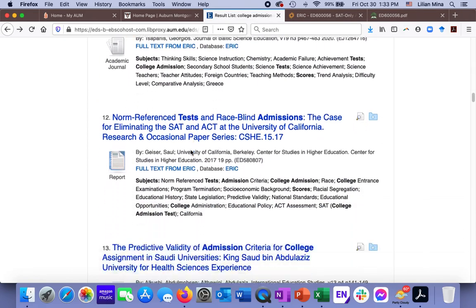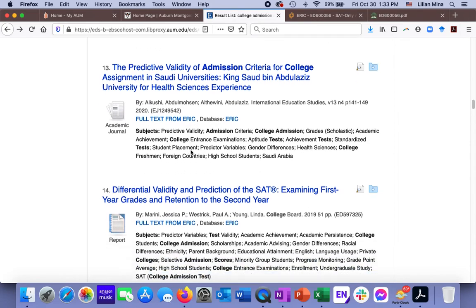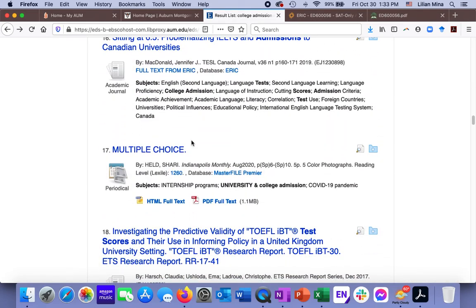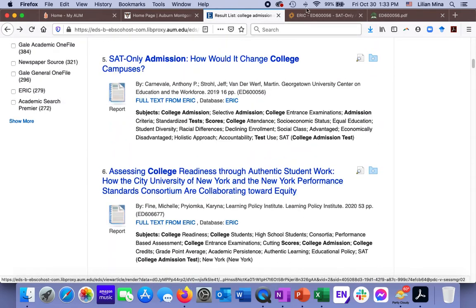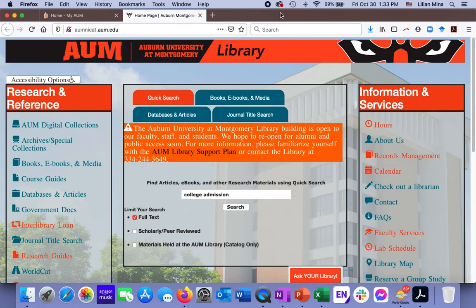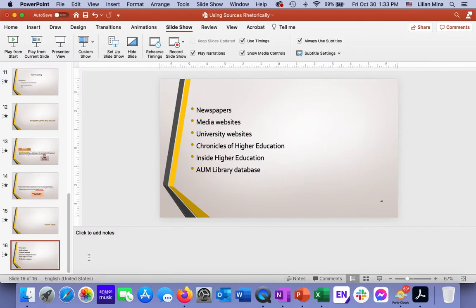So you can start there, or you can start at a different website, but make sure that you use credible websites, not just anything that you find on the internet, because we all know that the internet has a lot of uncredible and really bad sources for you.